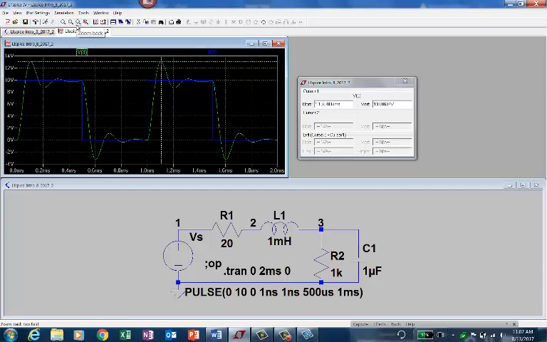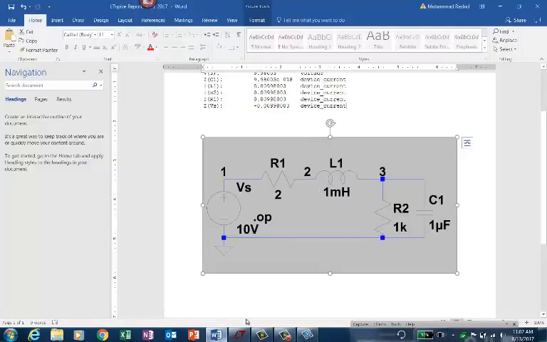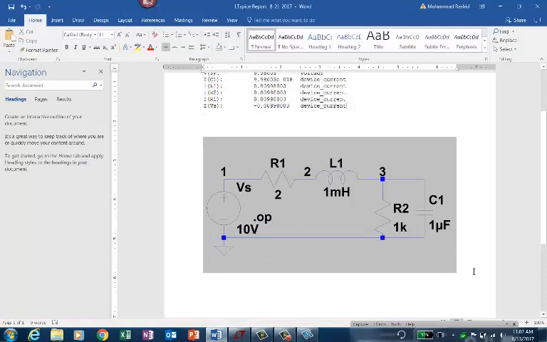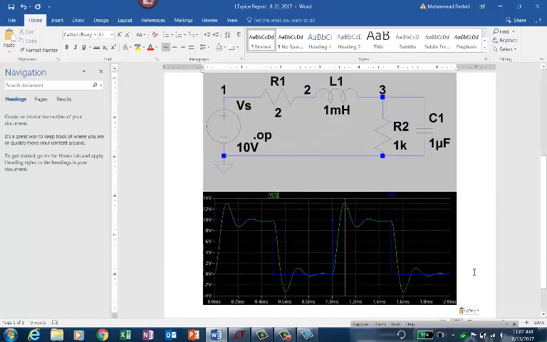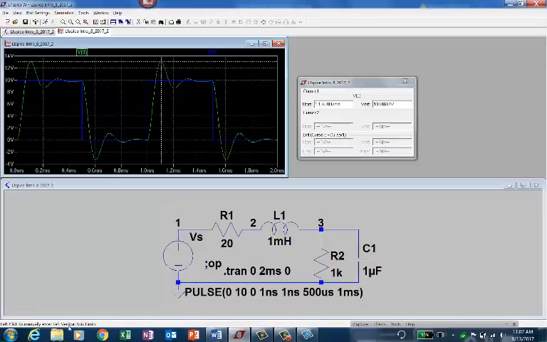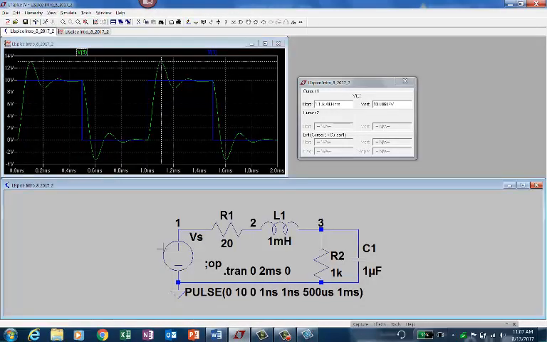If I go to copy to the clipboard, this is what I am in. I should be able to go to my document here, and I should be able to see. Let me go to this. I got my plot. On that plot, I got here, there too. And you can see that I have now the plot. Now, going back to this one, I should be able to copy that one. If I come to here,